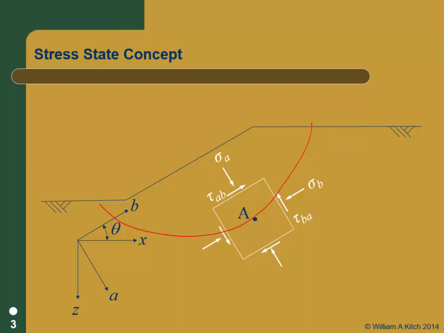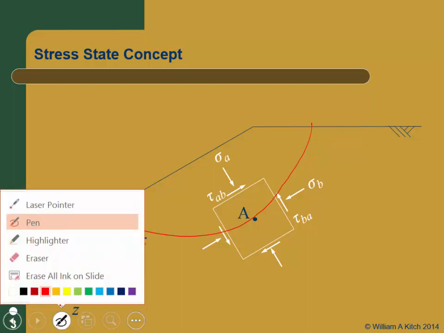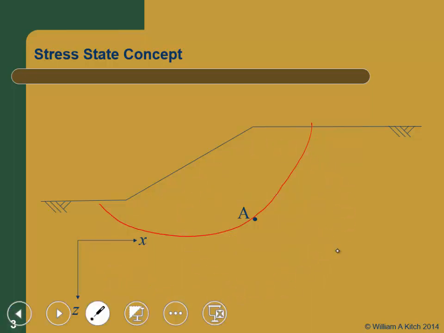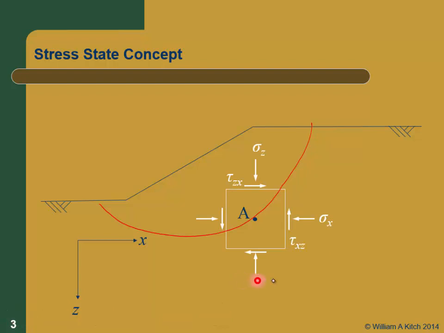Whatever numbers I have in this system here, whatever numbers I have in this system here, there has to be some relation between them because they represent the same thing. It's the same state of stress. But the numbers aren't going to be the same, though there's got to be some relationship between them. So that brings us up to the topic of